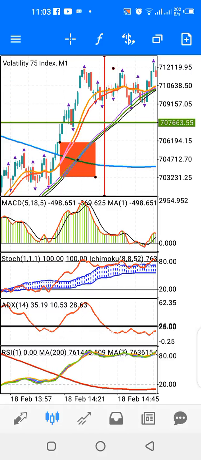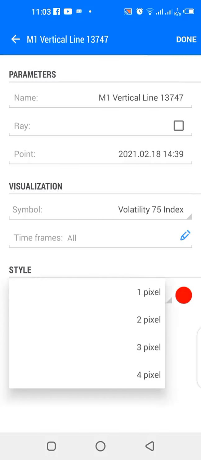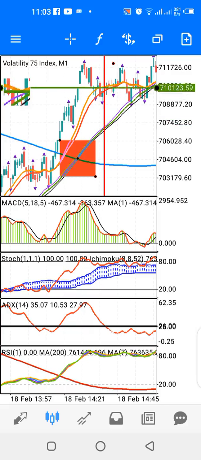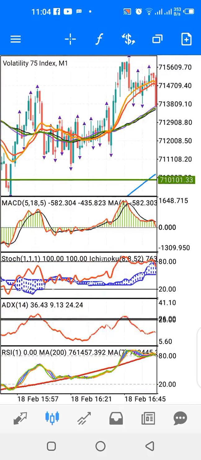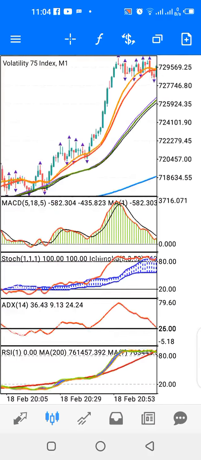Let's assume we start to buy somewhere around here. So place our buy here. Okay, 710101. Okay, and bullish trend started and continued up to